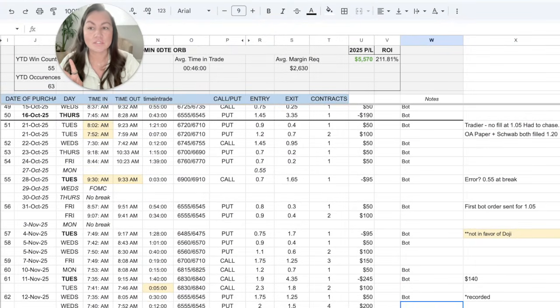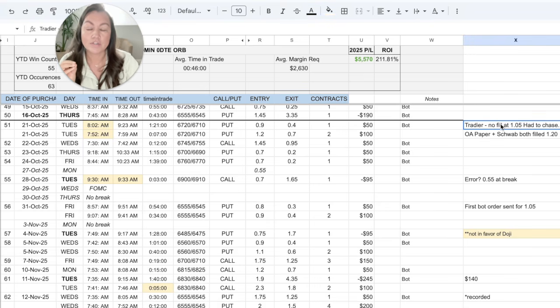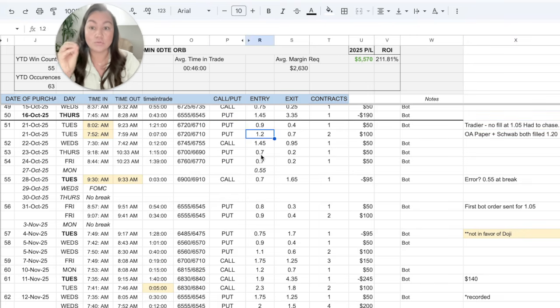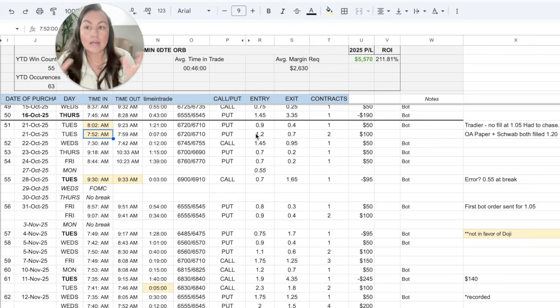All right, two more trades that I wanted to make sure that I went over. So on this day, you can actually see that my manual position fills before my bot's position. What happened on this day was that when the breakout triggered, I saw that Option Alpha had sent an order for this put credit spread for $1.05. I go ahead and put in my manual order to add if the position reaches $1.20, which it did at 7:52. I see that my bot is still struggling to get a fill at $1.05,